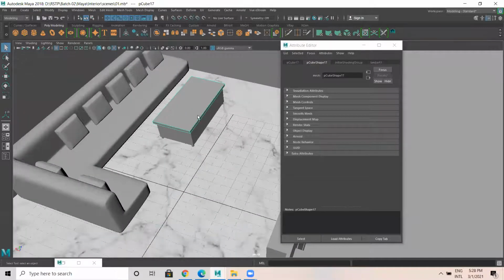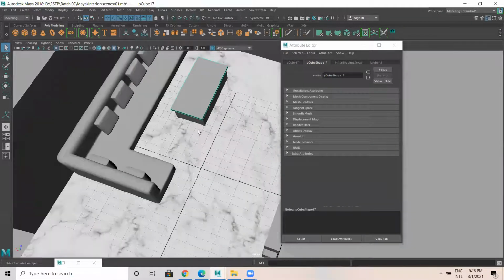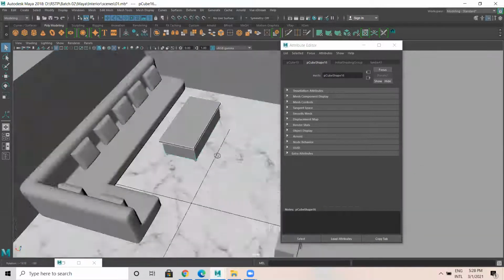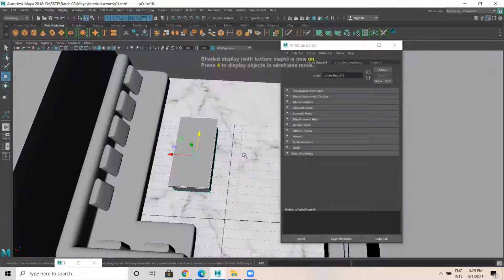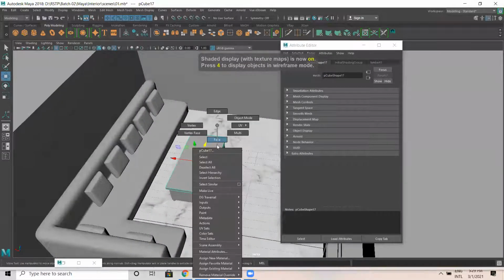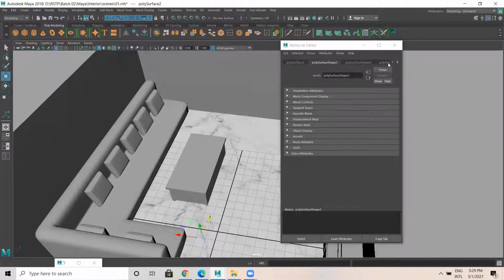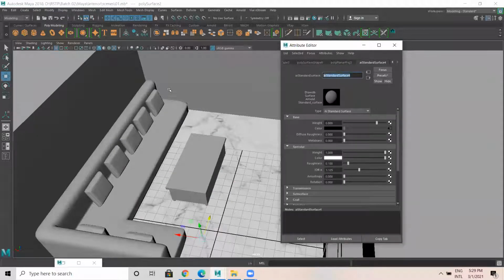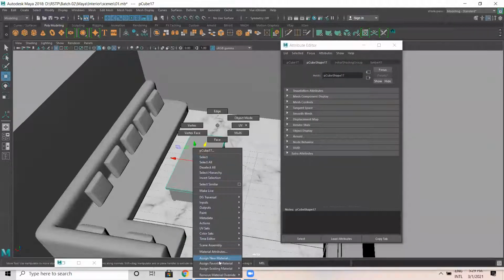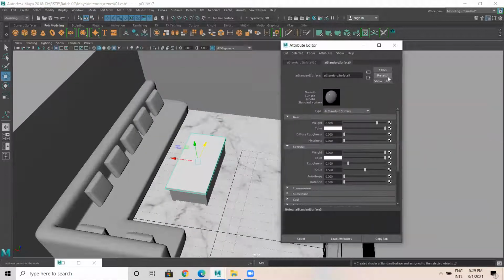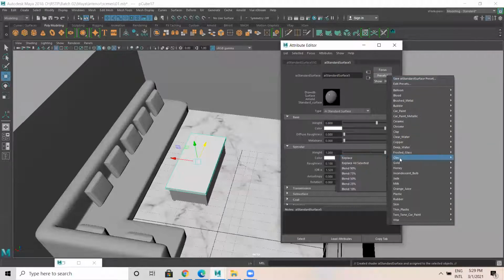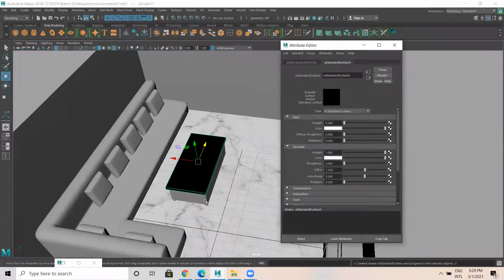Then this one, I want this to be a glass. So what I'll do, I'm gonna select this, right click. Okay, I didn't name this. This particular surface is floor. I name it. So I'm selecting this, right click, assign new material. So again, Arnold shader, AI standard surface, preset, make this completely into glass. Come over here, glass, replace. Now this looks like a glass. Okay.